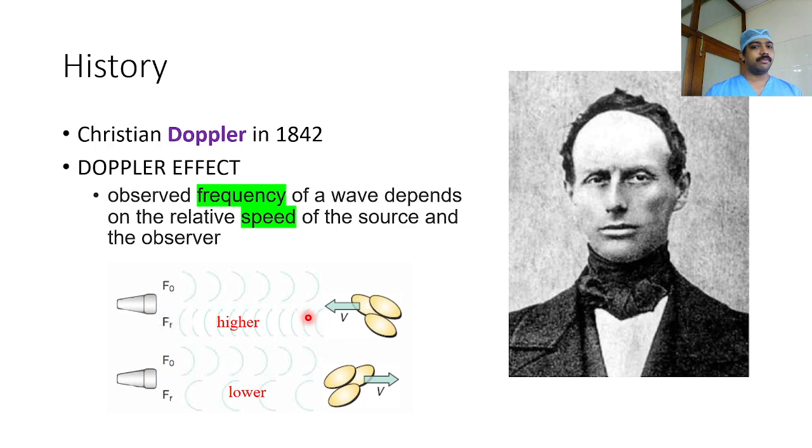We can see that these waves are coming closer together. So the reflected frequency is higher compared to what we send in. If it is coming near you, the reflected frequency will be higher, and if these RBCs are going away, it will have a lower frequency. The change in frequency when it strikes a moving object is called the Doppler shift. That is, the shift in the frequency compared to what we sent.